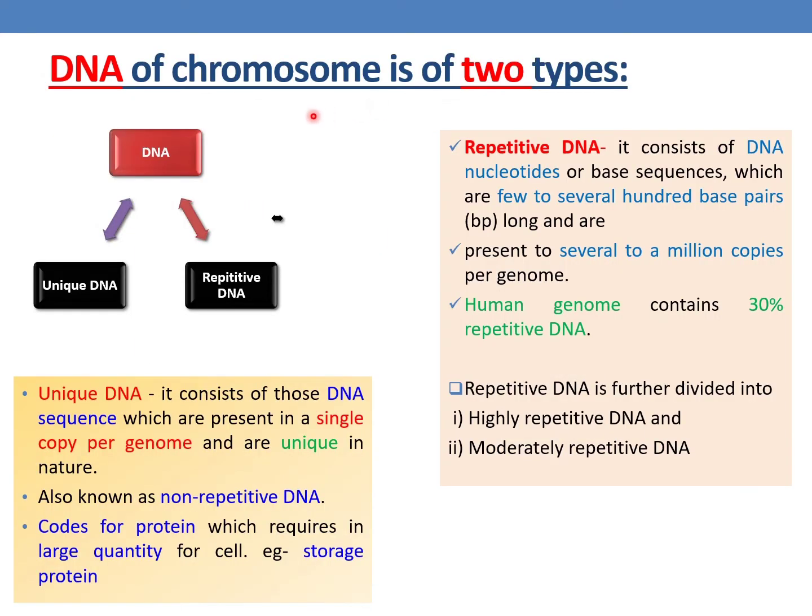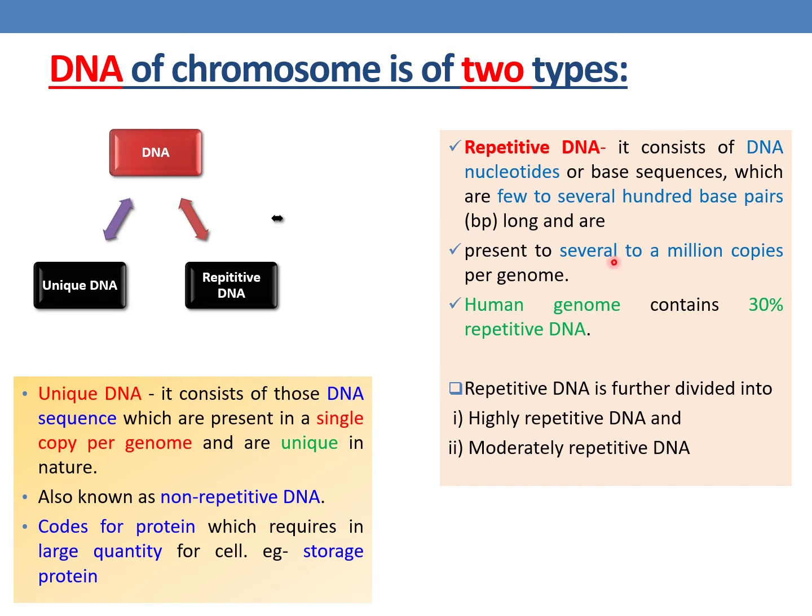The DNA of chromosome is of two types. One is the unique DNA and the other is repetitive DNA. The unique DNA is the DNA sequence which is present in single copy per genome, and they are unique, that is, they do not get repeated, hence they are non-repetitive DNA. These will code for proteins in large quantity, for example the storage proteins,